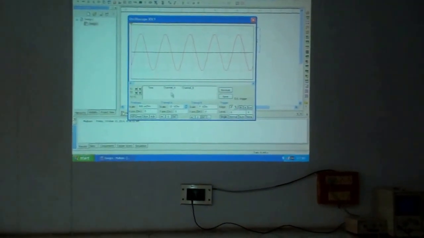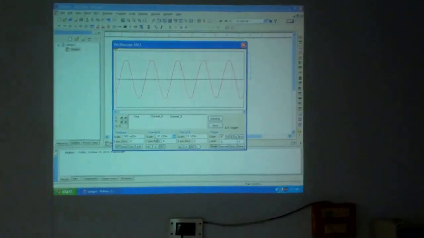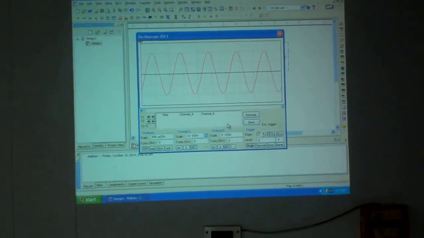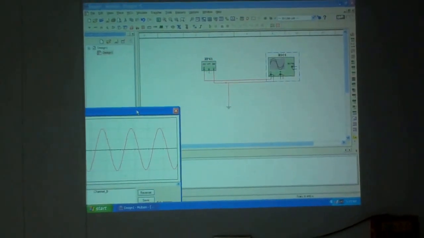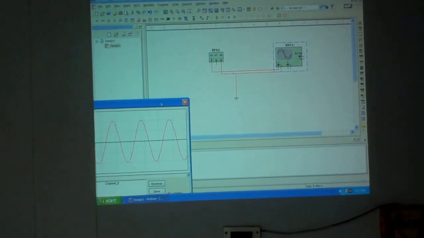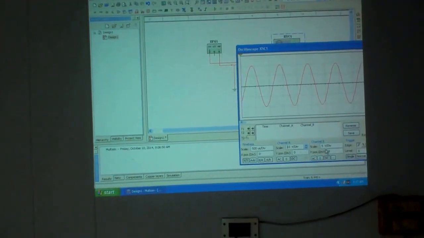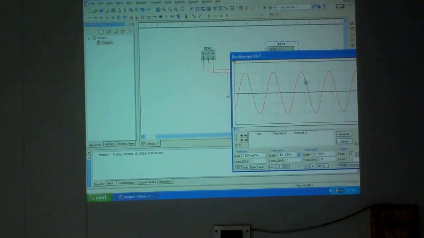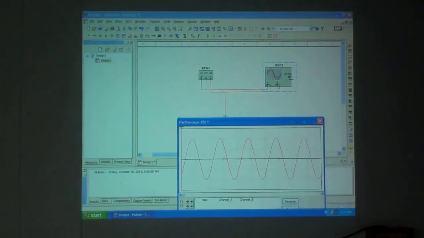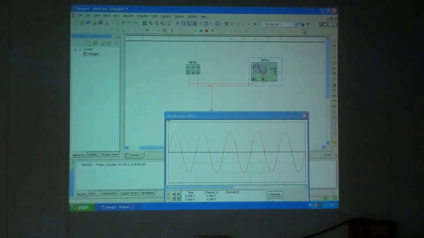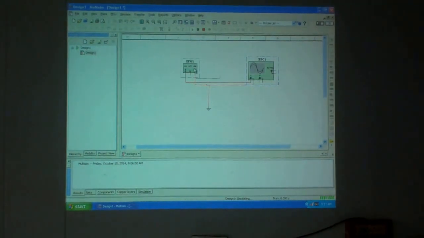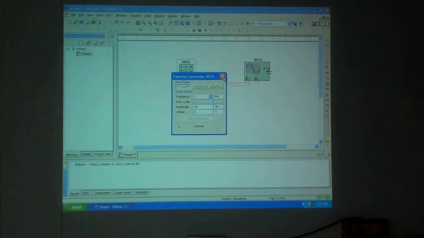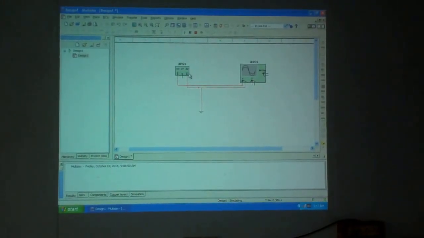Actually this is in the 10 volts per division, channel A. We should see this, we have connected it to channel B. How do you see? Because it is the channel that is connected. So then 5 flows are 20. Peak is 10, this is 10, together is 20. Then peak to peak will be 20. This is how you measure this.